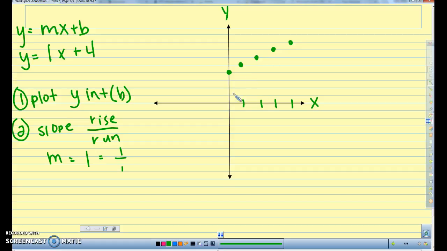Okay? Similarly, because this is the positive quadrant where it's positive, positive, I could also go down towards my negative quadrant, or it's another positive quadrant, but it's negative, negative. Remember, a negative times a negative, or a negative divided by a negative is a positive, so that'll work. So I can go